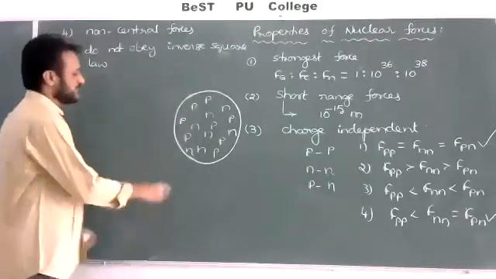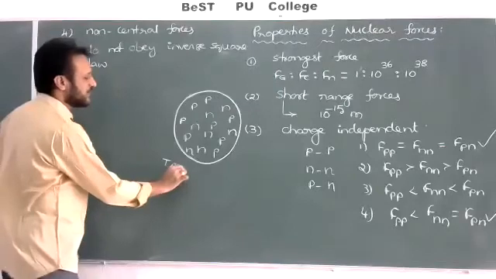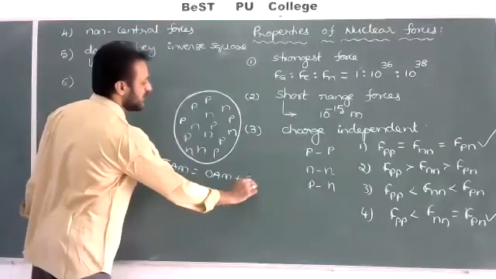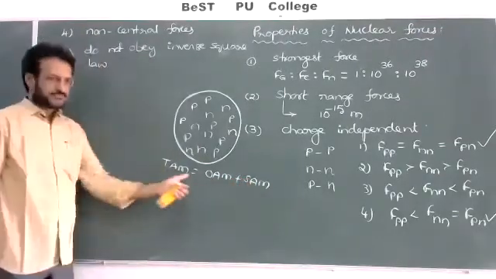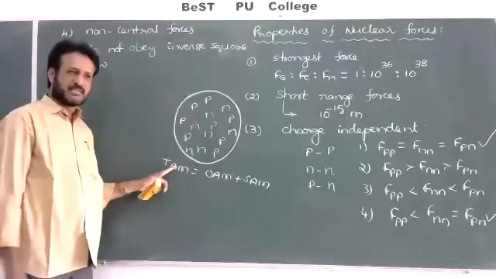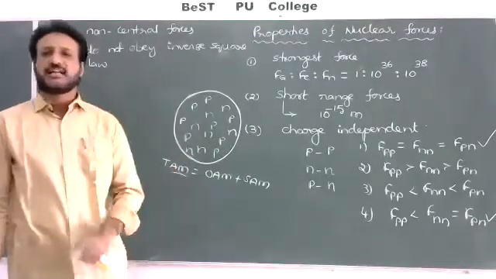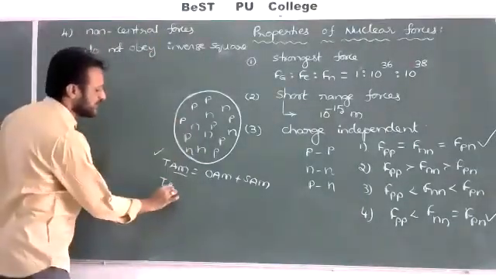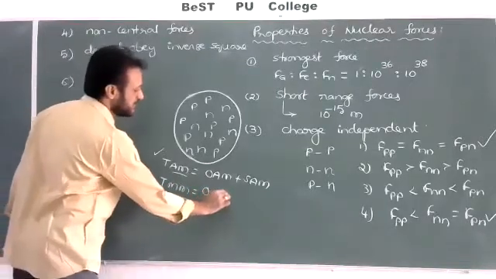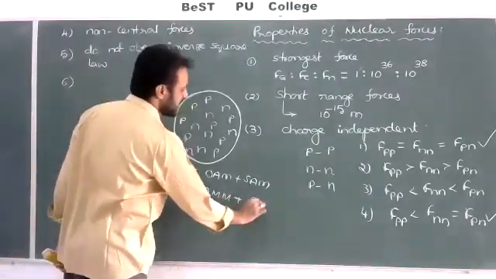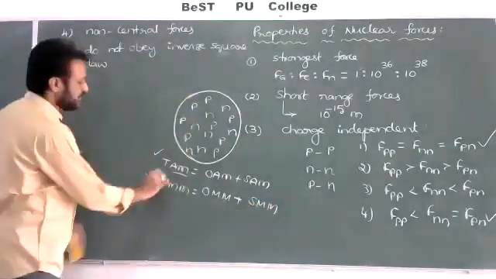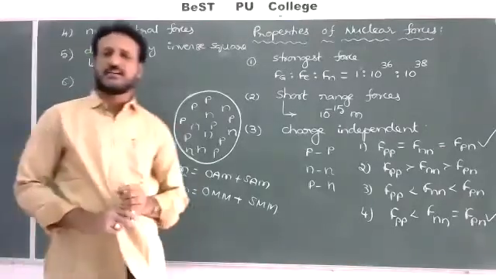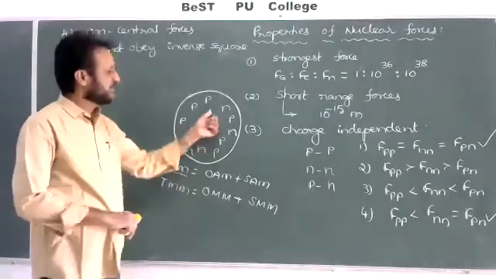Total angular momentum, how to write? The total angular momentum of the nucleons is equal to orbital angular momentum plus spin angular momentum. Earlier I have already given this. If you add both, it is equal to the total angular momentum, which is also called the nuclear spin. Total magnetic momentum is equal to orbital magnetic momentum plus spin magnetic momentum. This can be taken as the nuclear magneton. So inside the nucleus there are two types of motions, and because of the motions they have some spin also.